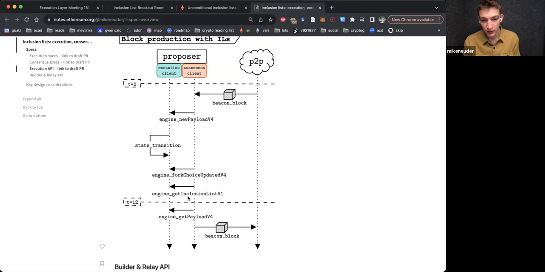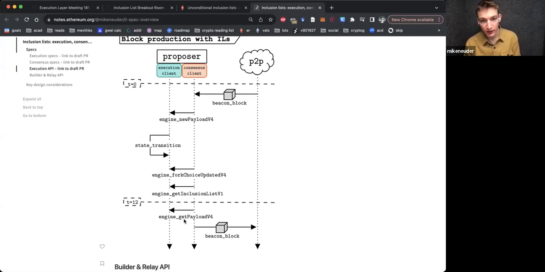And the get inclusion list v1 asks the consensus client to request the execution layer client to grab the current set of transactions that it views as belonging to the inclusion list, return it to the consensus layer client, and then continue the block building as it goes.